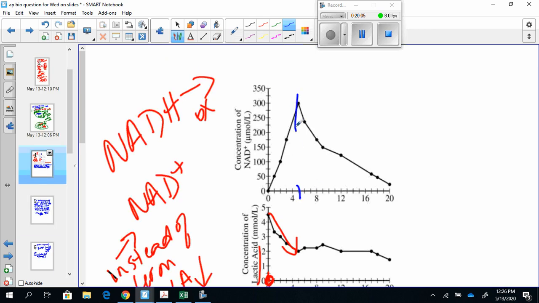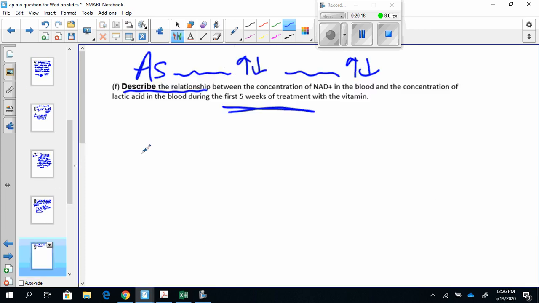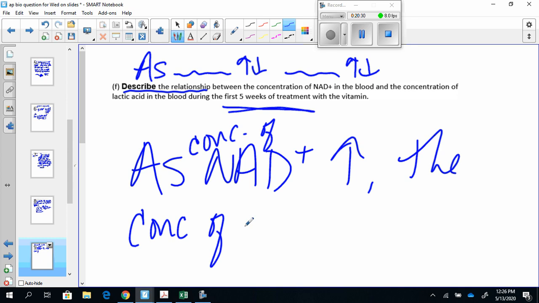So here's my first 5 weeks. Over the first 5 weeks, this increases. And then I go down here and this one, that lactic acid, decreases. Okay, so as the NAD plus increases, of course, I would write out the word if I was actually doing the test, the concentration of lactic acid